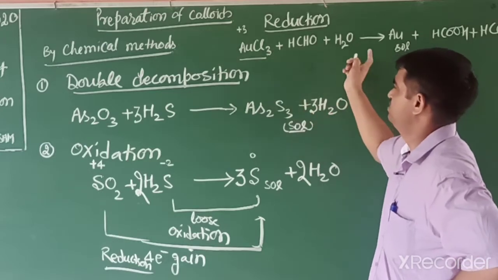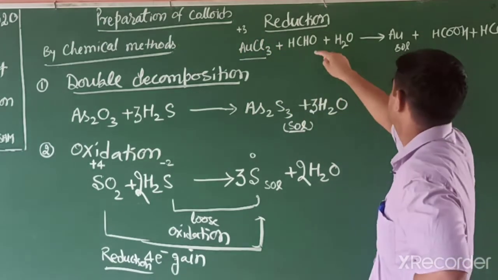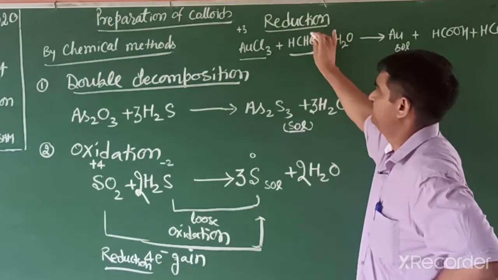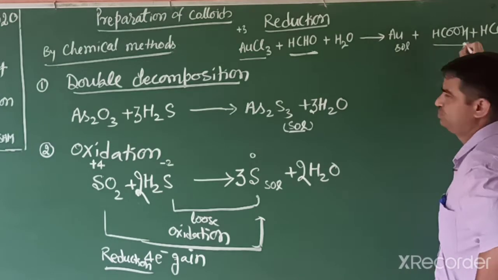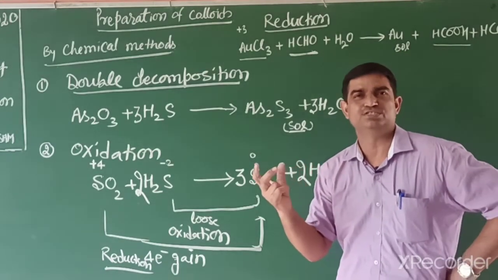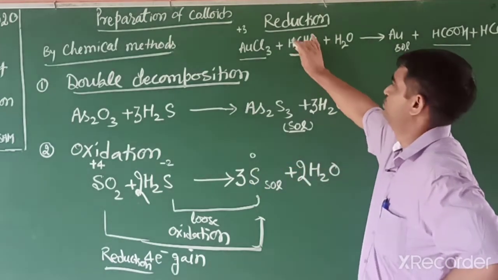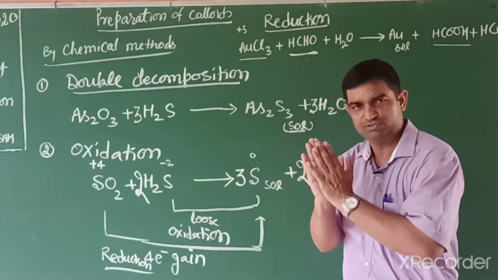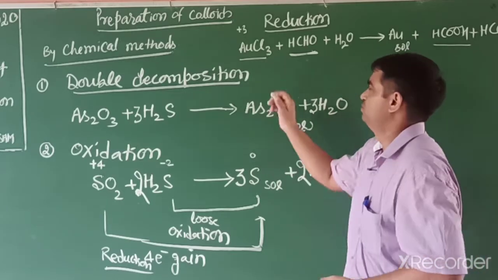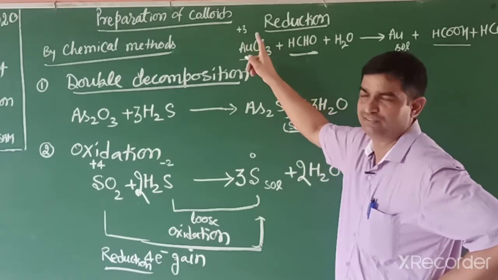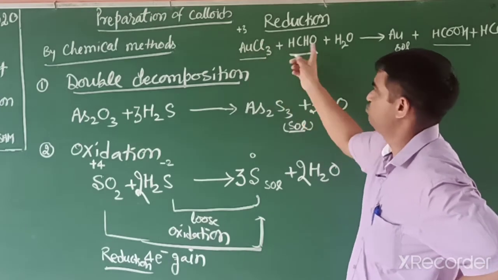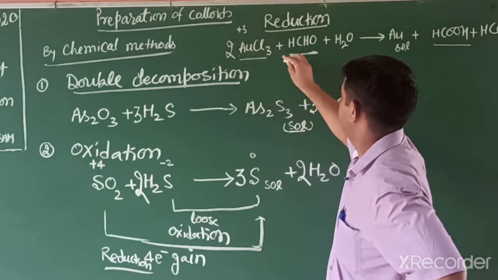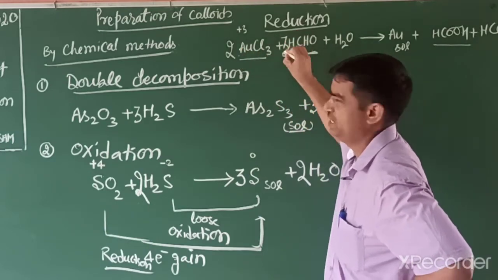How can we balance? There is +3, and in this reaction, if we clearly observe, there is 1 oxygen but there are 2 oxygens. So students, 1 oxygen needs 2 electrons, as you all know. So definitely there is 2 and there is 3. So how can we balance the oxidizing and reducing agent? In this reaction there is a reduction, so we need to multiply by the opposite. If this is multiplied by 2 and this is multiplied by 3, then we can balance the reaction.